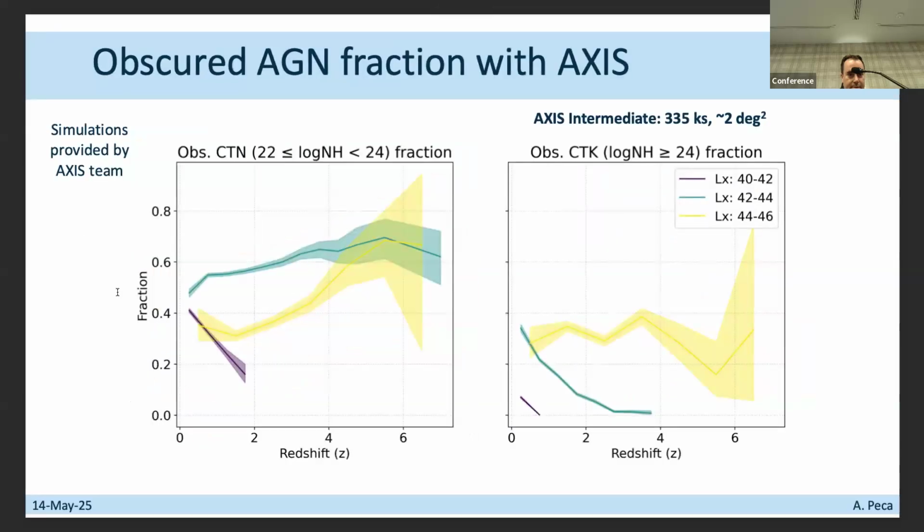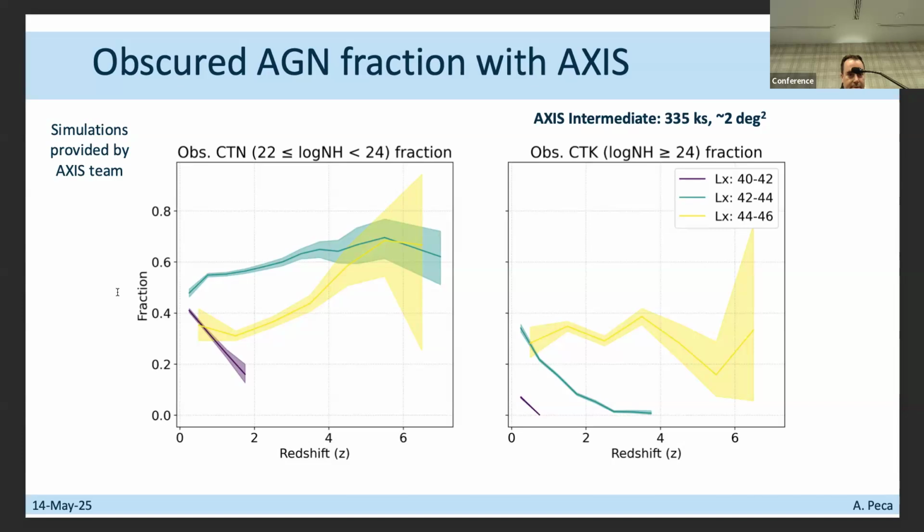What I'm showing you here is for the AXIS intermediate survey. On the left, you see Compton-thin objects, so log NH larger than 10 to the 22. On the right, you see Compton-thick objects color-coded by different luminosity bins. I just took simulations provided by the AXIS team, I think made by Stefano, who is here in the room, and you can see how well we can do. We can push the detection of heavily obscured sources up to redshift 6 or so, in this case for high luminosity